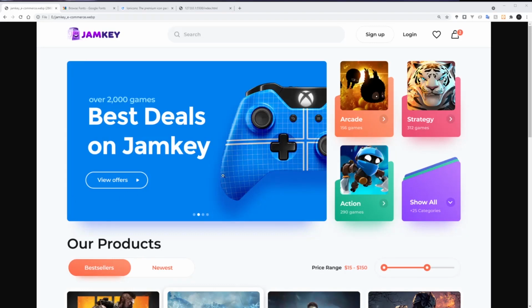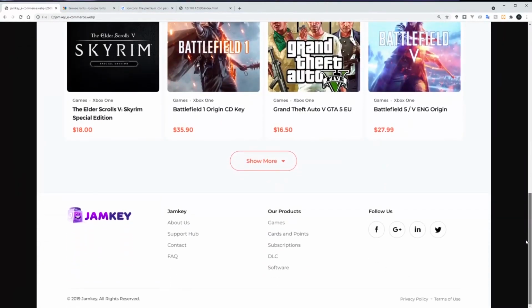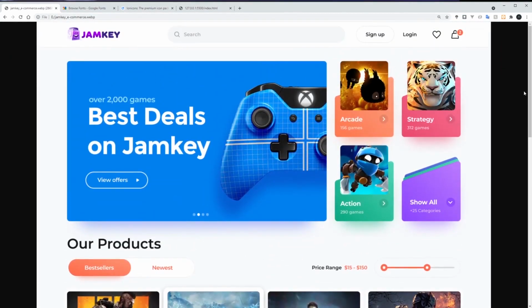So I want to design this template, where you see your screen here. This template is just a gaming e-commerce website template. At least you see the way it looks now. You get a product section with different types of games here. So basically it's just HTML and CSS, and I'll show you how I go about this design. Anyhow, I'm gonna jump into it and see how the thing plays.